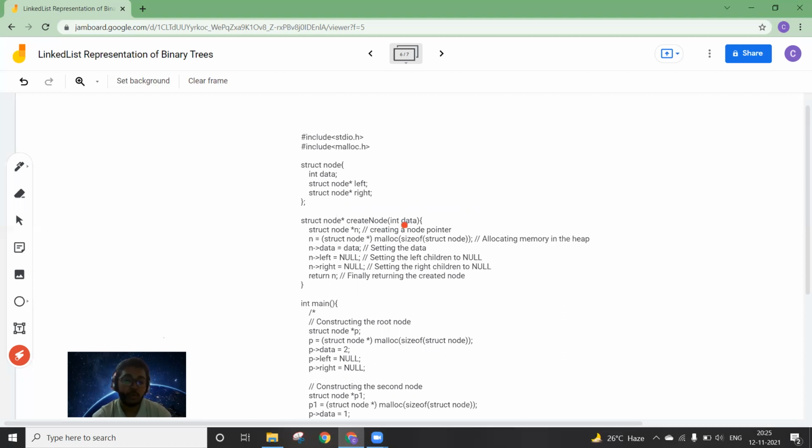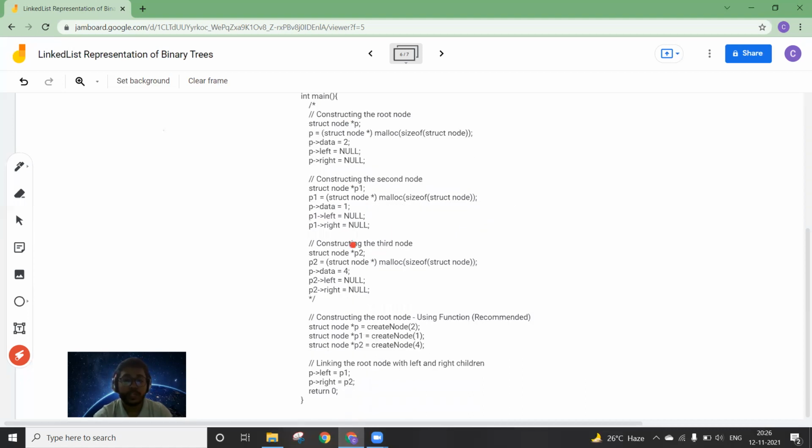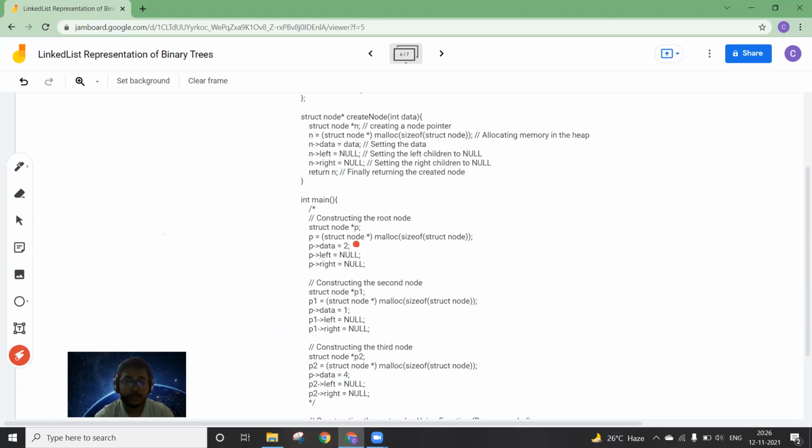So create a struct node pointer n and reserve memory in heap, means n equals struct node pointer malloc sizeof struct node. It is used for allocating the memory in the heap. Then what will be done? Basically do what we have done here.